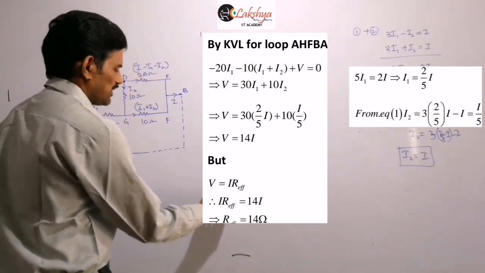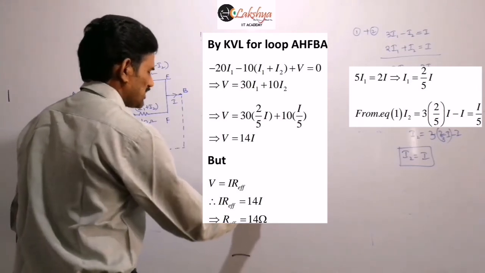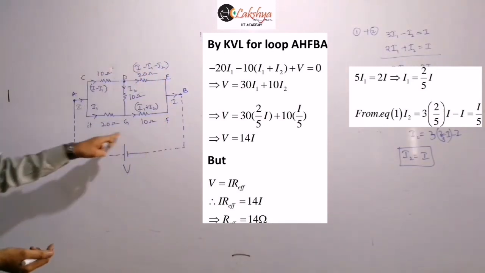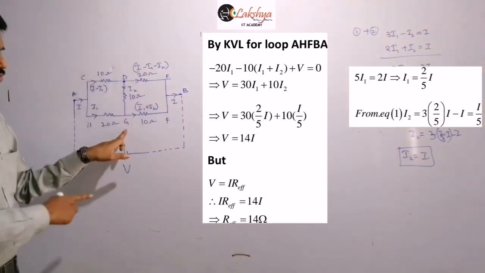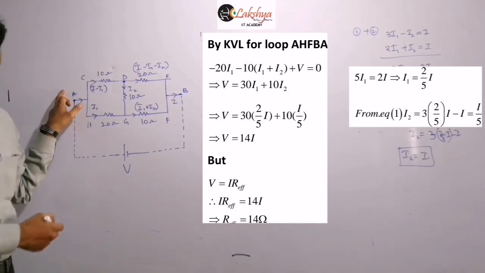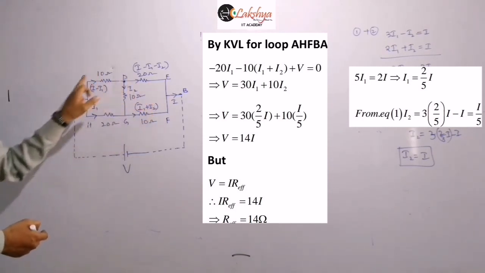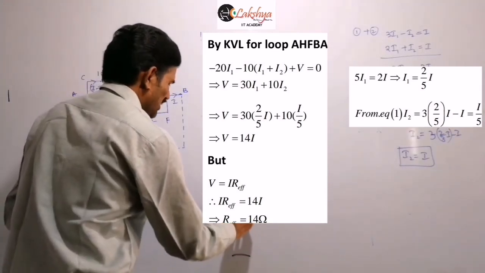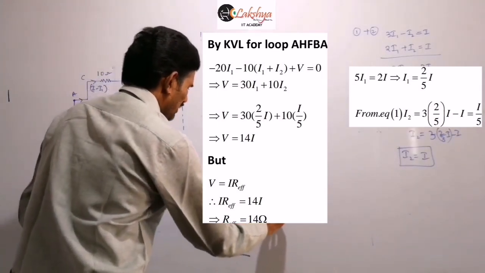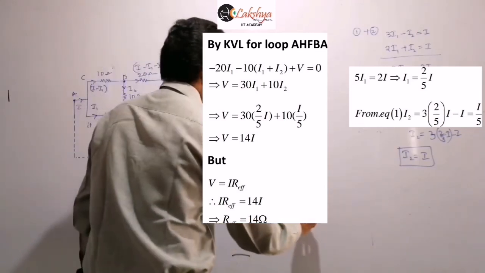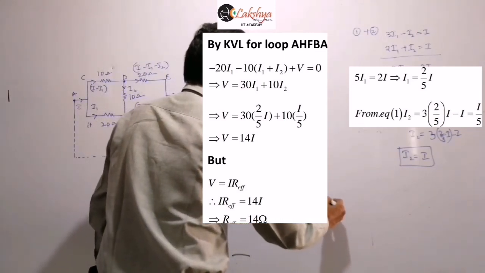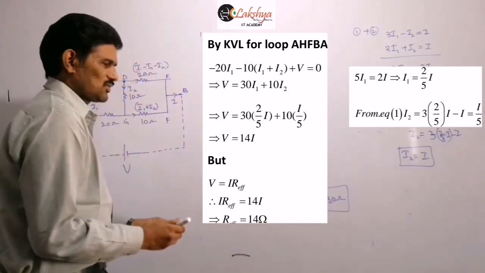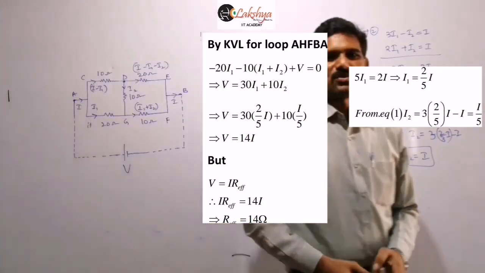But this V value we can write as V is equal to I into R effective, because we are replacing this total circuit by R effective, and then the same amount of current should be drawn from the cell, which is nothing but our equivalent resistance. So this total circuit we are replacing with the single resistor R effective. Therefore I into R effective is equal to 30I. From this we can conclude that R effective is equal to 30 ohms. So that is the effective resistance in that circuit. By cancelling this I, you can conclude that the effective resistance in that circuit is 30 ohms.